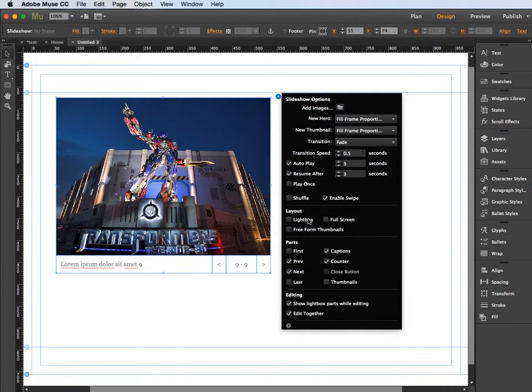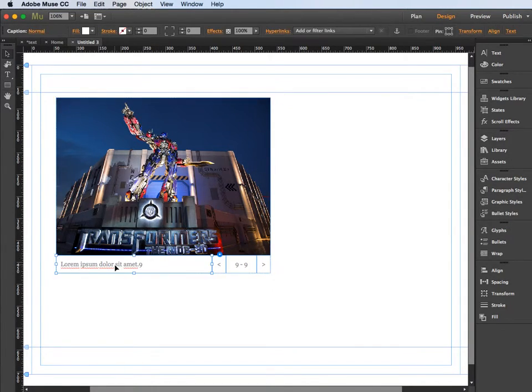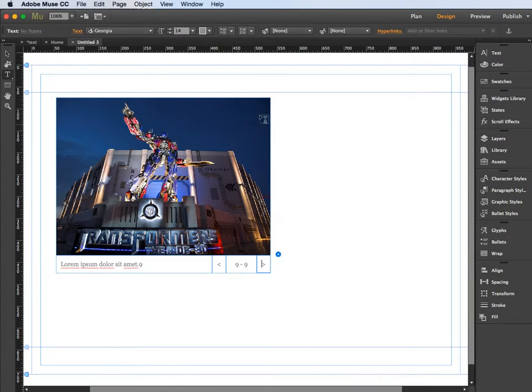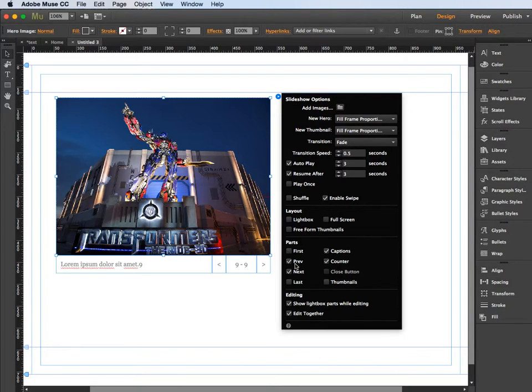I'm not worried about these layouts because I just want to keep a nice simple looking slideshow, a very simple one. So I'm going to take off all of these effects here, like these different captions that you can have. If you did want to edit the captions, it's just a matter of double clicking on it and then writing in your text, and you'll be able to move through the different images in order to add different captions onto it. But for the moment, if I just come back up here and select this top bit, I just want to take off the previous, the next, I want to take off the counter, and I want to take off the captions,